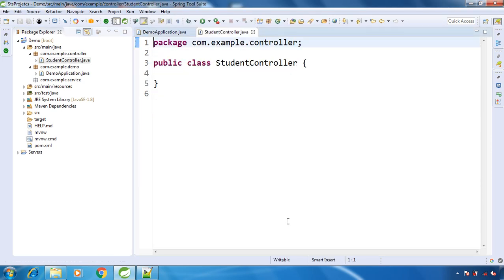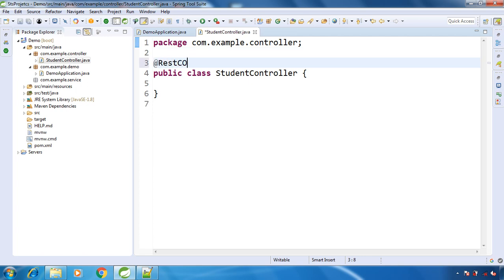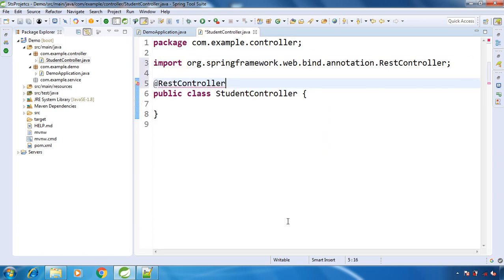The first thing is that we need to annotate this class with @RestController. This @RestController is the combination of @Controller and @ResponseBody annotations. If we used @Controller, then for whatever APIs we develop inside this controller, we would need @ResponseBody on each and every method.